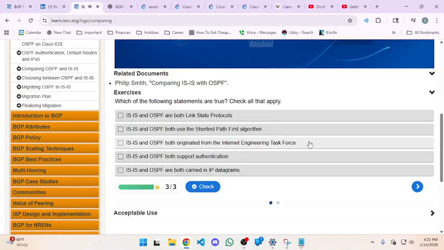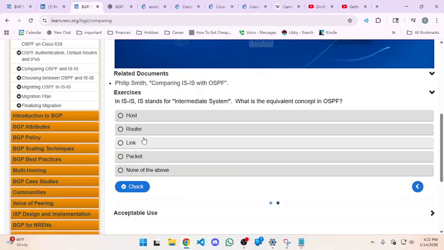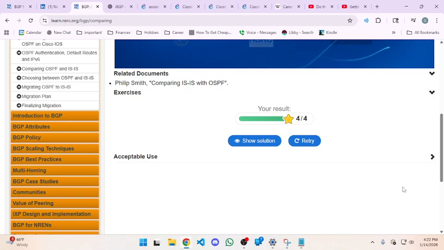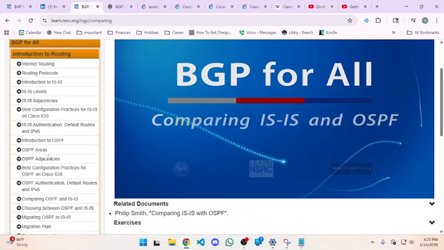Was that all 4? Oh, because this one had 3. Okay, that's why. It's stars, not questions. So there's 2 questions, but you get 4 points. 3 points in the first question, 1 in the next. So these are points, not number of questions. Okay, so